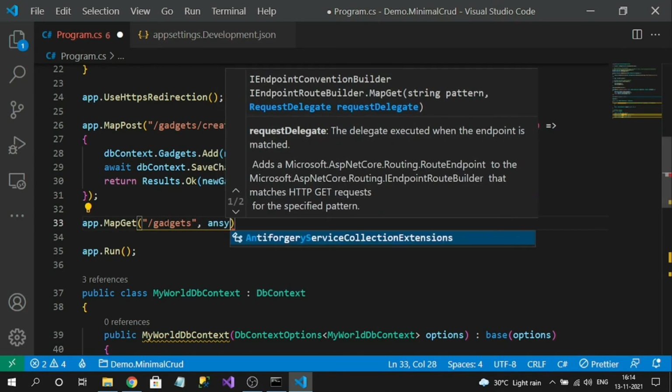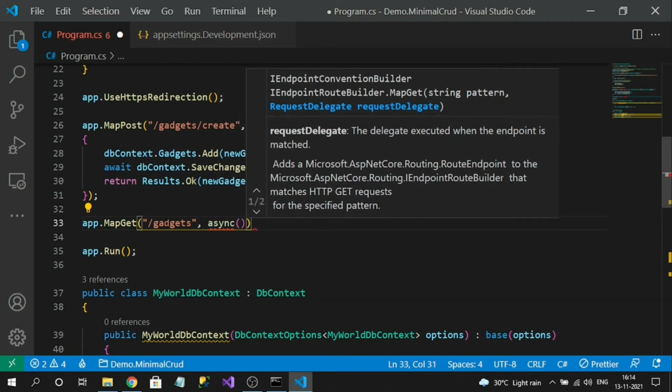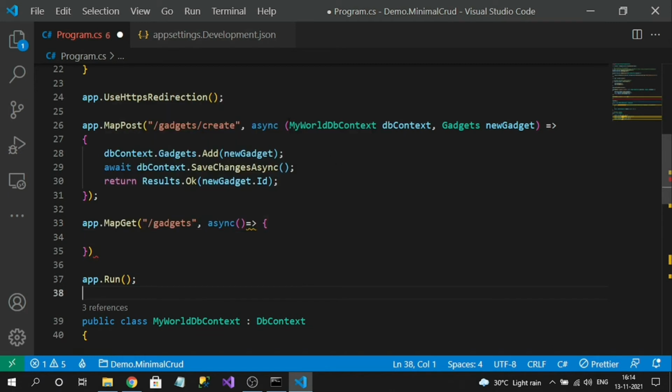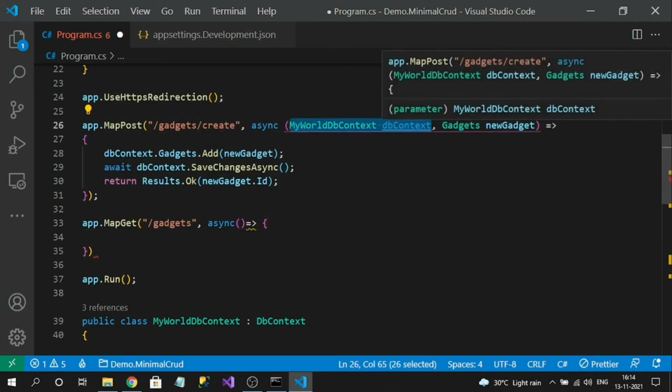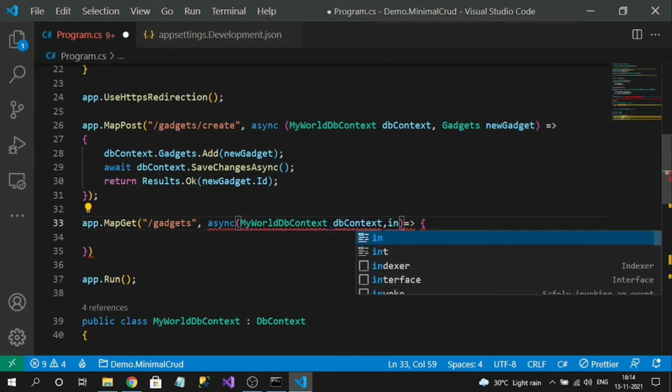Now again, I can use an asynchronous delegate method. I want my DB context to be injected, and I don't have any query parameters, so I need not have any input parameters. If you have any query parameters, then you can read them here as input parameters.